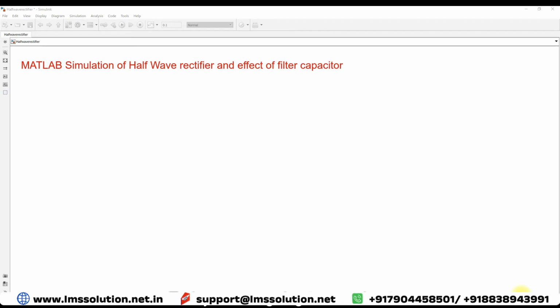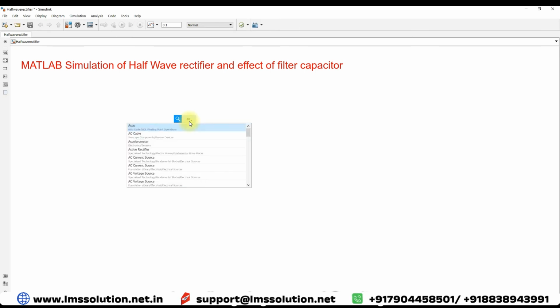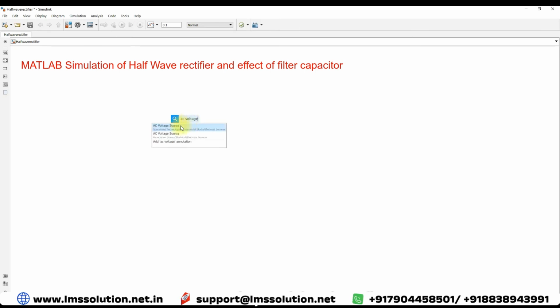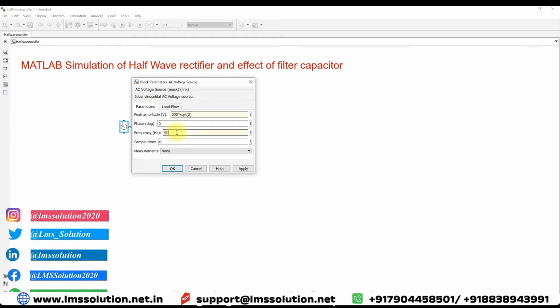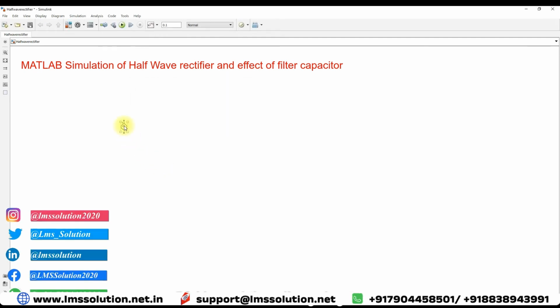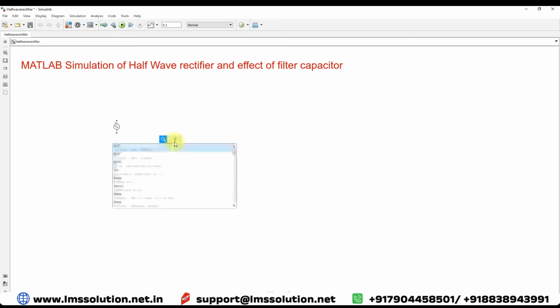Today we are going to see MATLAB simulation of a half wave rectifier and the effect of the filter capacitor. So here I'm going to use an AC voltage source, and I'm going to fix the input voltage as 230 times square root of 2. Here we are fixing the peak amplitude for the AC input voltage, and I'm going to use the frequency of 50 Hertz, and then I'm going to use a diode